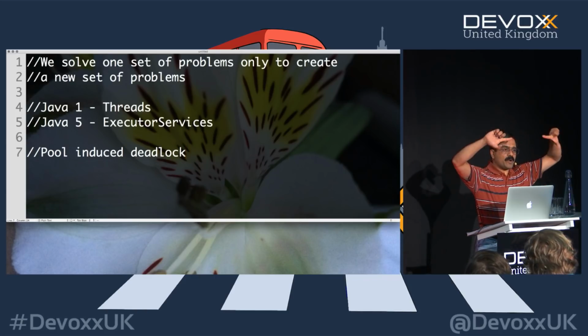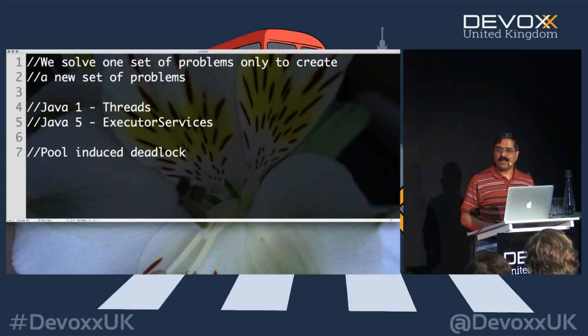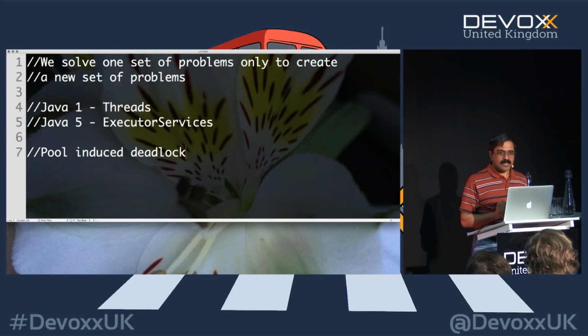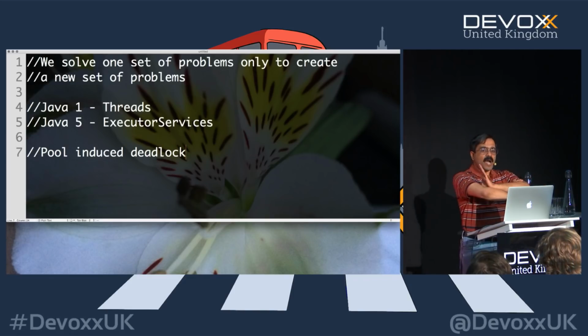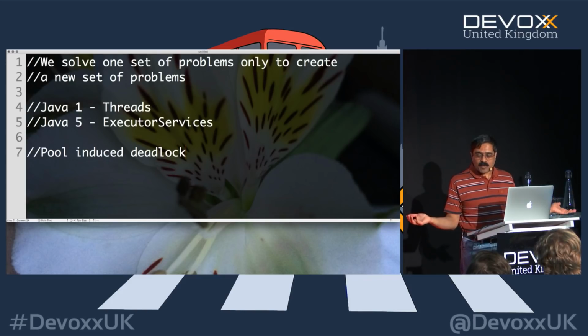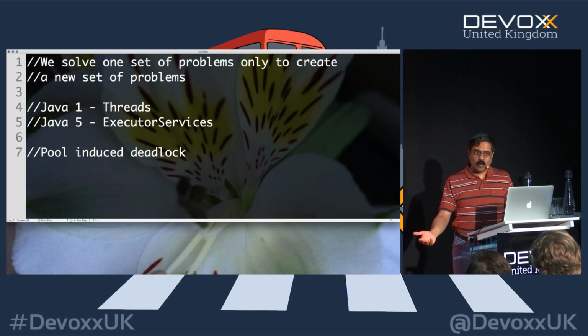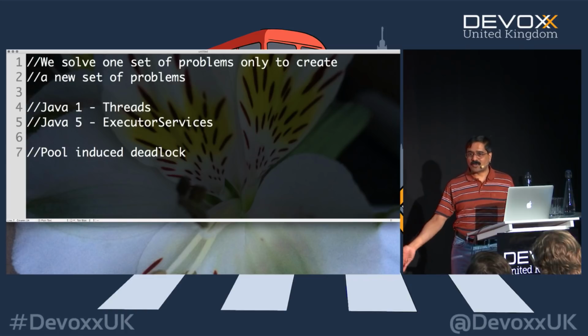Now let's say we give a problem which is four times the size of the problem that we can handle. What does he do? He breaks the problem into two and throws them on the pool, divide and conquer. There are two problems now of bigger size. The second thread in the pool says, my job is to split this in half, breaks it and throws it into the pool and says, I'm going to wait like a boss for somebody else to handle it. But unfortunately, who is that somebody? We are the threads in the pool, and now we have pool-induced deadlock. Because the two threads in the pool divided the work and are waiting for some other thread to do the work, but unfortunately there are no other threads in the pool.